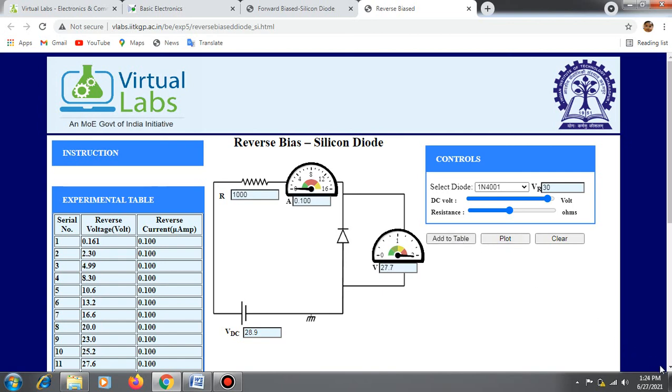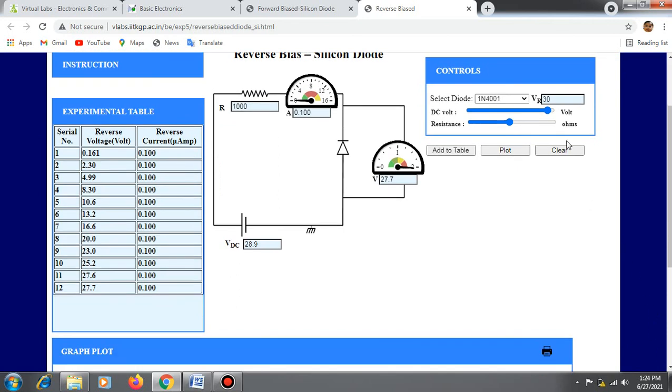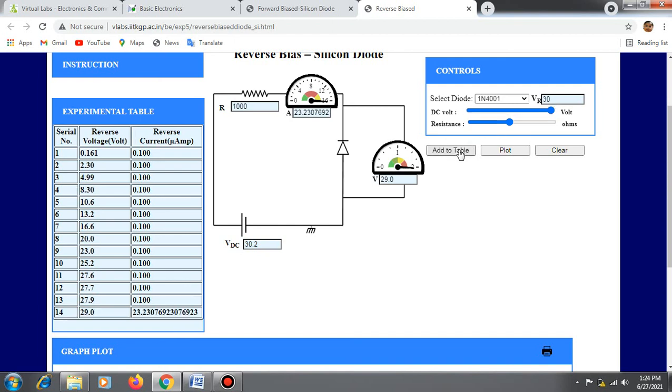Now all these values are noted in the experimental table. So next I am moving to the last value. Click add to table. So we have completed recording the experimental table values.